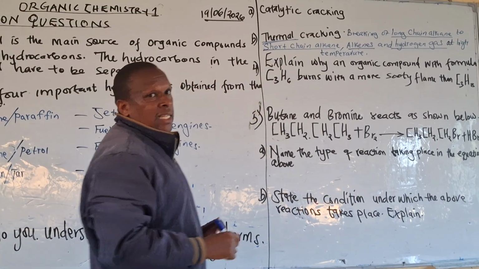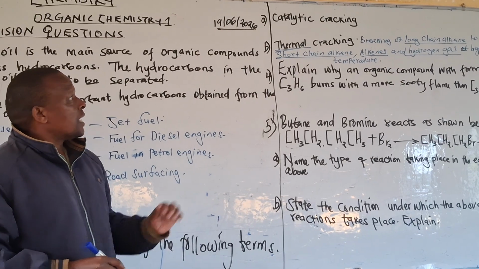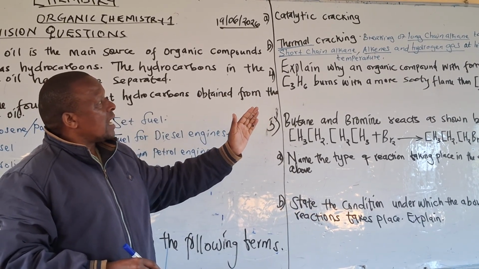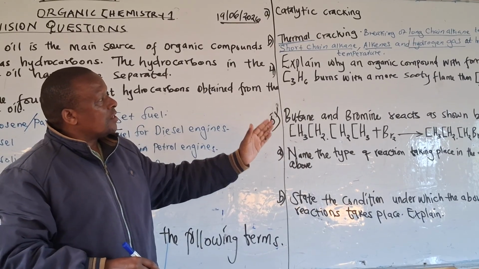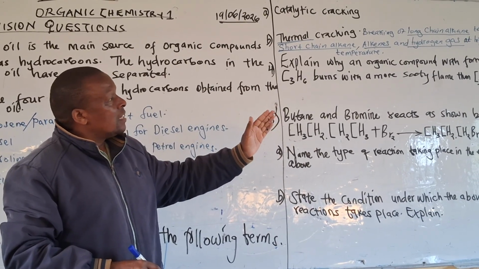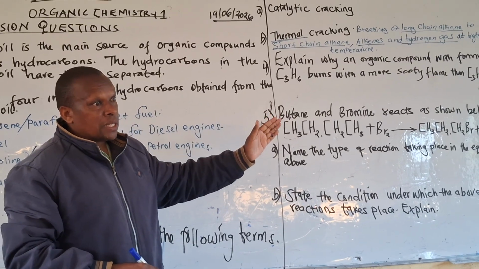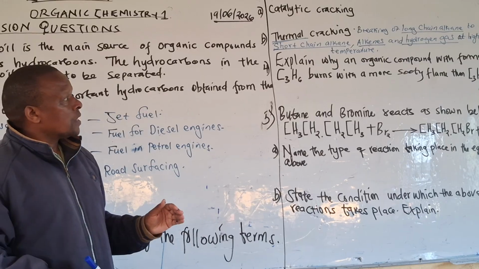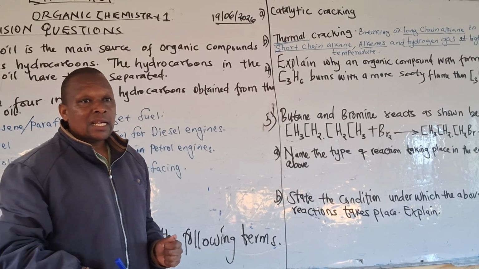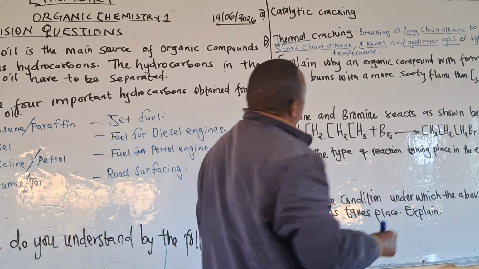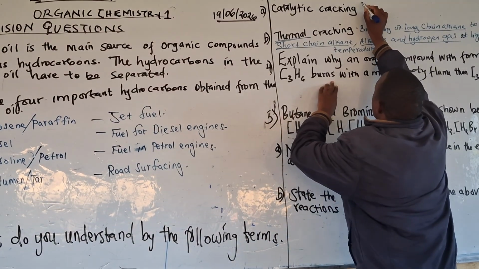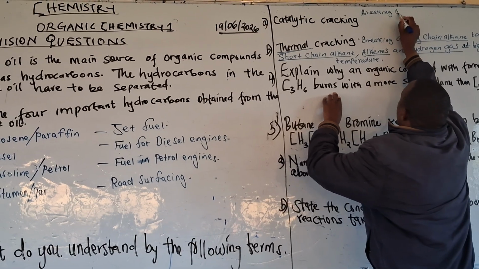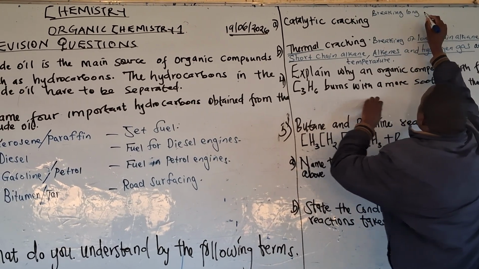What about the second one? Catalytic cracking. That one now, we break a long chain alkane to short chain alkane, alkenes, and hydrogen at relatively low temperature, relatively low. It doesn't mean very low. Are we together? Relatively low temperature in the presence of what? A catalyst. Okay? So this one is even a longer statement, so we have said this one is breaking long chain